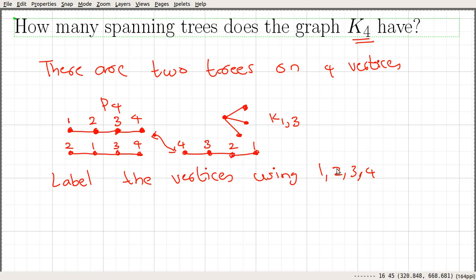So some of these 24 or 4 factorial path graphs are the same.